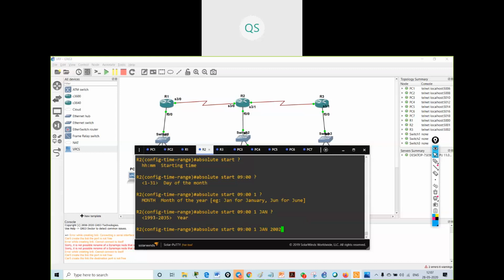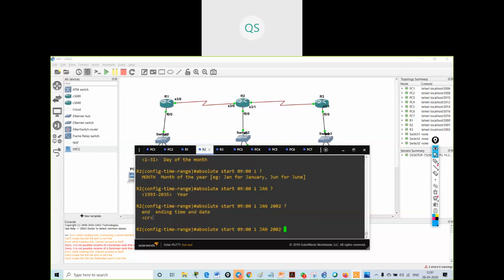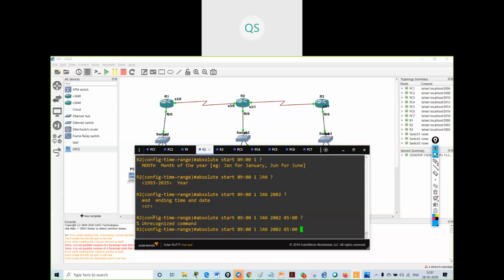I am giving 2002 because the clocks are configured as 2002. Then it is asking me for the end time, 1700.